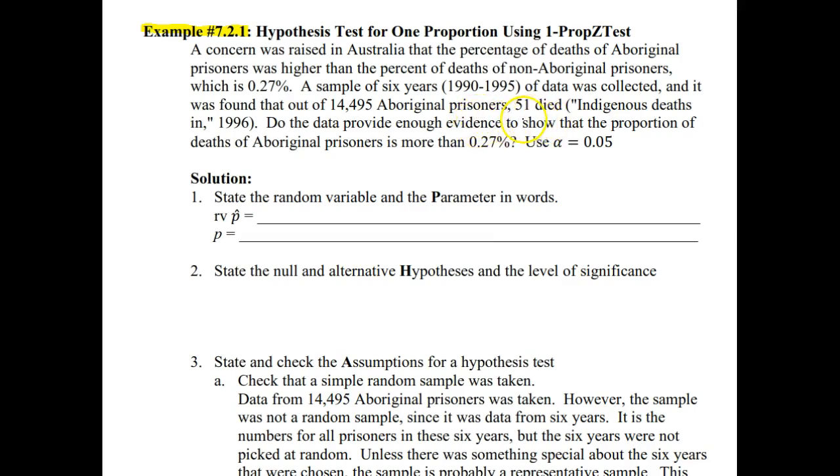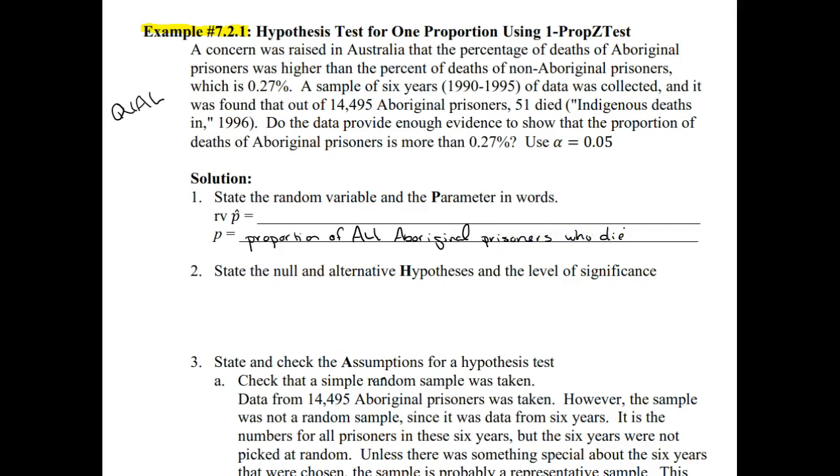All right, so in this case, we were looking at a prisoner who either died or didn't die, so we're looking at qualitative data. As we read this, be able to detect that the initial set of data that was collected was qualitative on each prisoner, which means that our random variable is going to be p hat and our parameter is p. So again, the parameter that we're interested in here is going to be the proportion or percentage of all Aboriginal prisoners